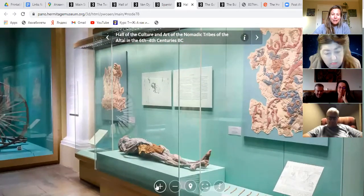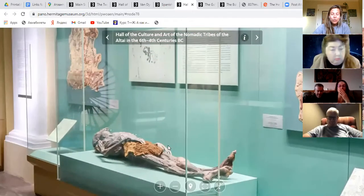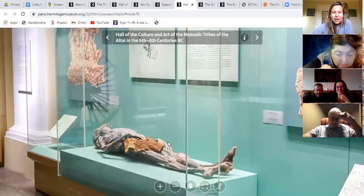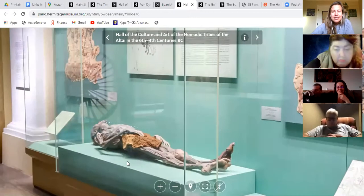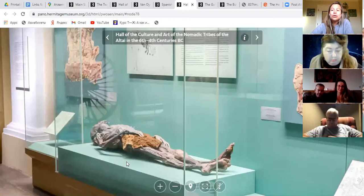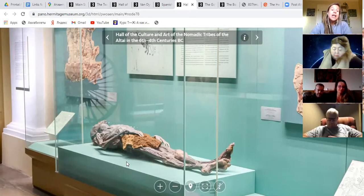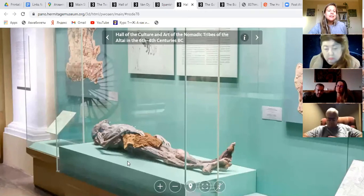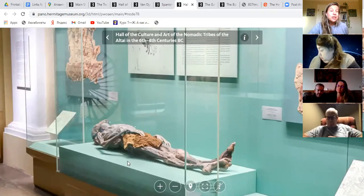Apparently, the Pazyryk culture were able to mummify. They say we're not as good at it as Egyptians were, but they were still pretty good. And so this is the body of the man that was in the sarcophagus. We know that there was also a woman, but at some point there was an attempt to loot the burial mound. People went in, and the female mummy is not preserved as well,